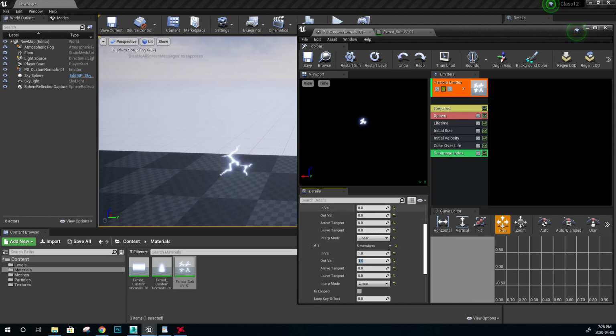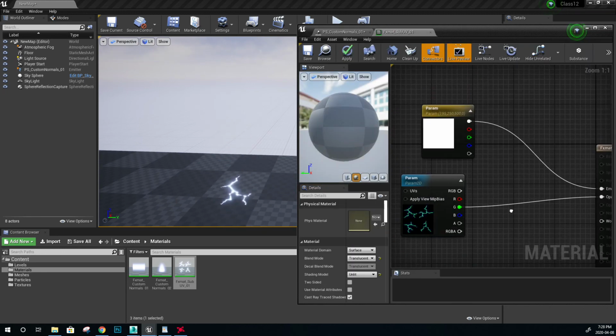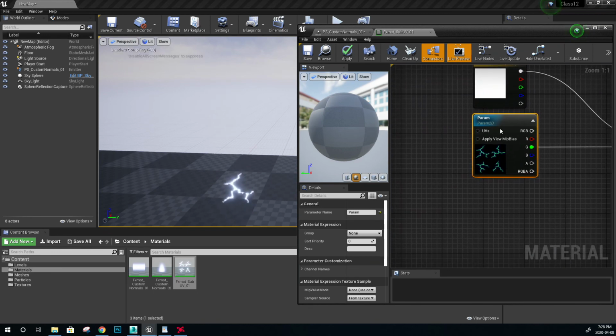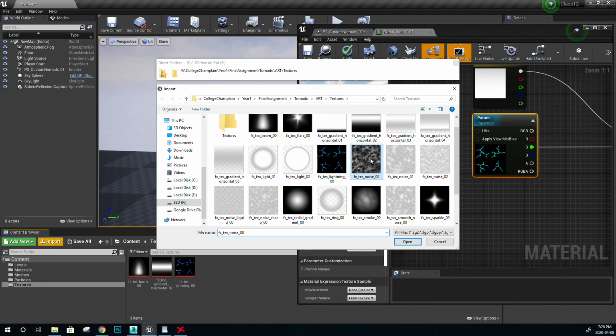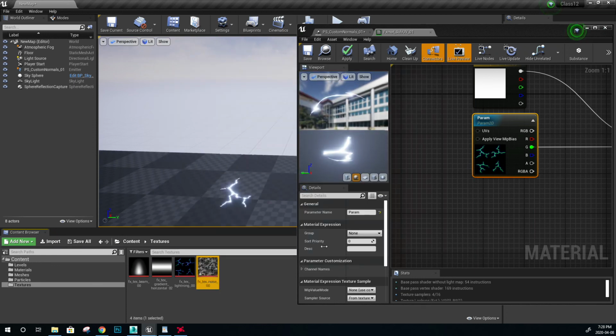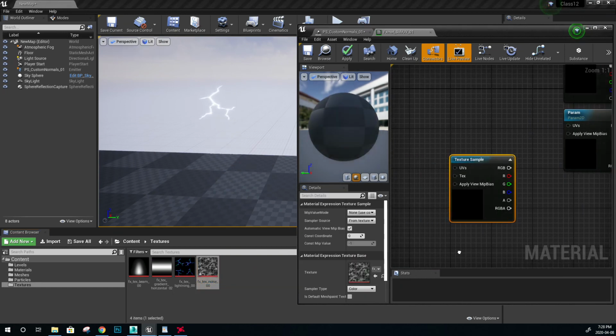For this lightning, something that I like to do, you guys should remember the way that we distort the UVs. If we want lightning to sort of wriggle, you know, like kind of shake on itself, we can shake the UVs using a normal map or any type of noise. So let's go in our texture folder and let's import a noise, something like this. My favorite noise, it's just my favorite. So let's just put this in here,